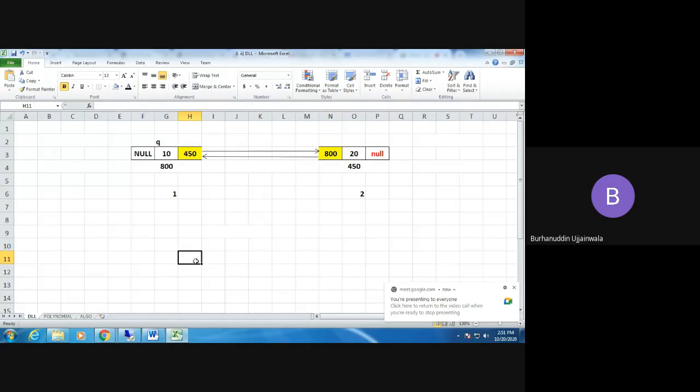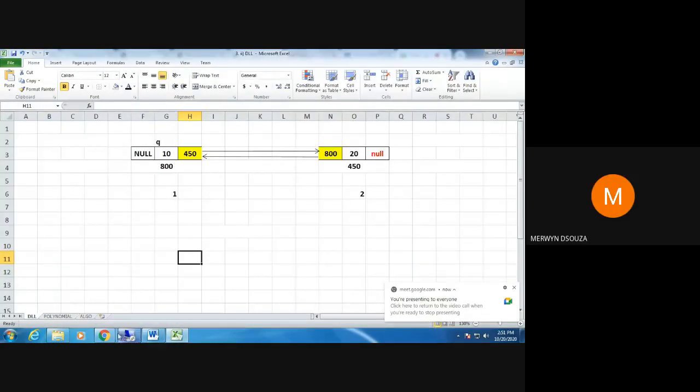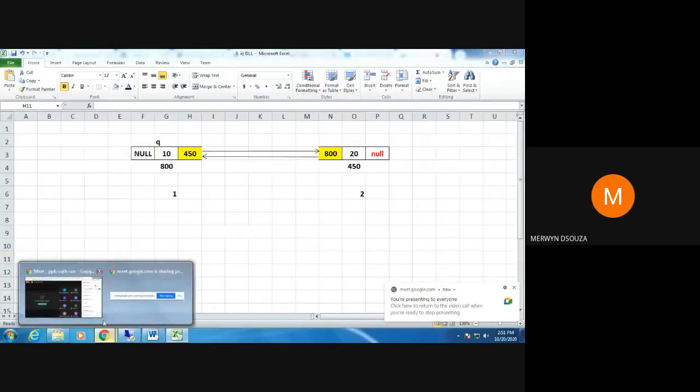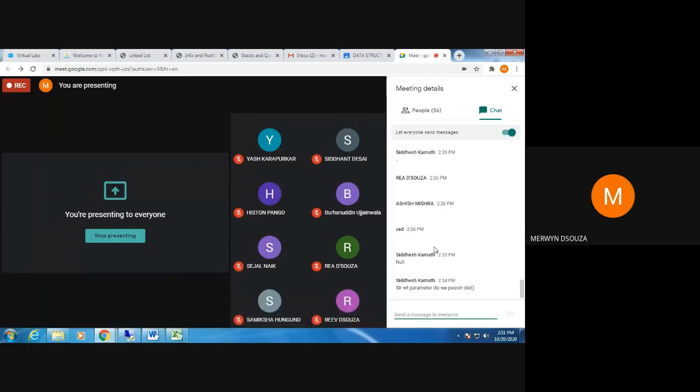Sir, is there any way to use only 2 pointers? You can do it, but it will be a little bit complicated. It may not be the best solution, because from the complexity point of view, simply making the code complex is not the best. You could try, but it may just make the code a little complex.